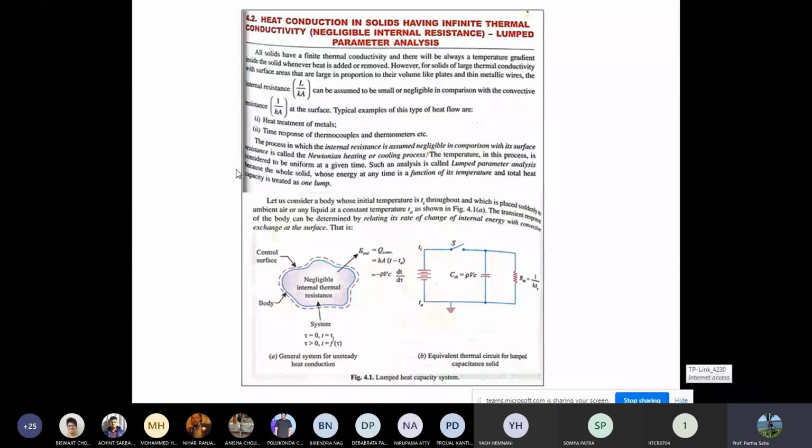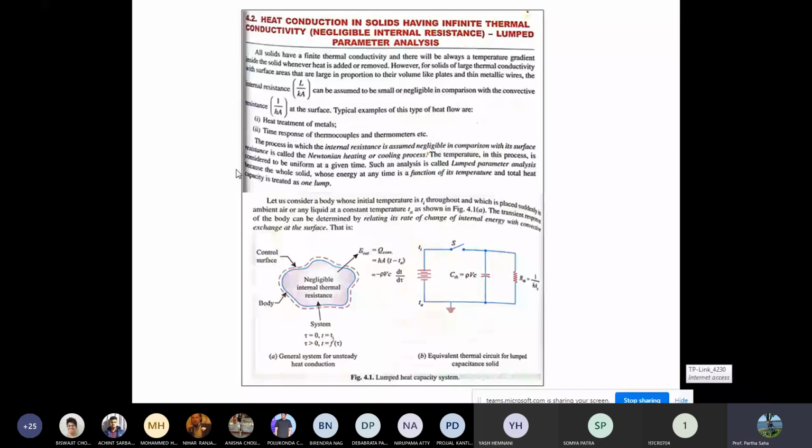So what does that mean? That actually the change in temperature is very quick. It quickly changes temperature. Like when you put a body in water, like doing some sort of solidification, or a thermocouple, right? It has to record the temperature very quickly. So this type of body, where the surface area is high and the convective resistance is high, is actually fluctuating. Temperature fluctuation can be recorded very quickly. It is known as Newtonian heating or cooling.